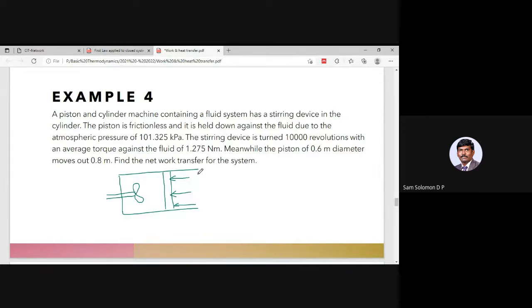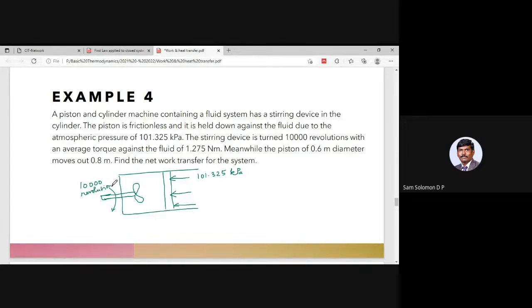So that is given as 101.325 kilopascal. The steering device is turned 10,000 revolutions. Okay, let's say this is a steering device, and this has been turned 10,000 revolutions,